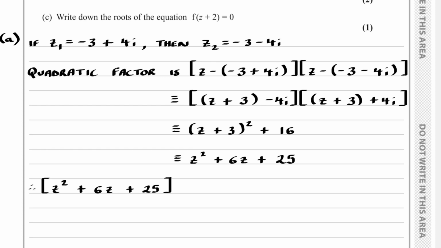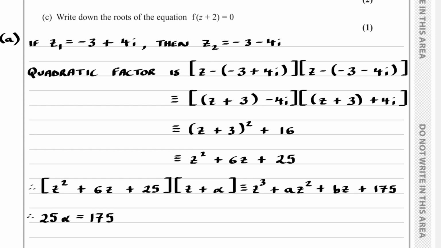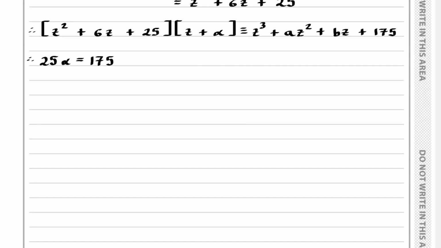So what we have then is (z squared plus 6z plus 25) multiplied by (z plus alpha), where alpha is our other root, and this will be equivalent to z cubed plus az squared plus bz plus 175. Now, for us to find out our other root alpha, we can compare the coefficients of the number terms. So, we have 25 alpha equals 175,